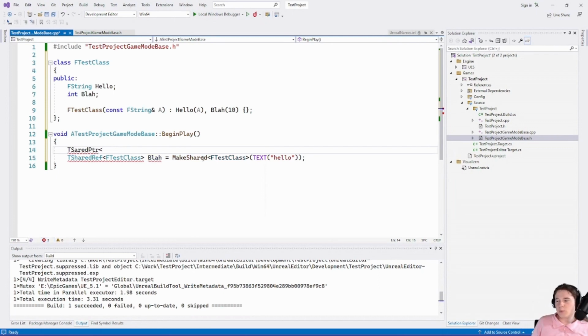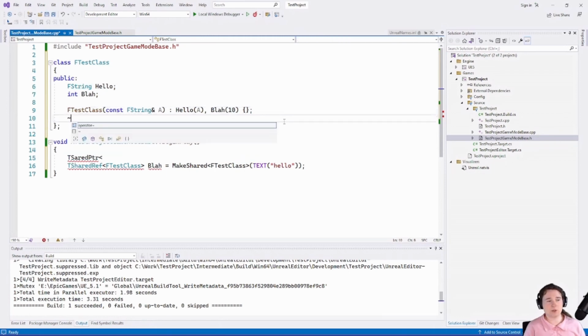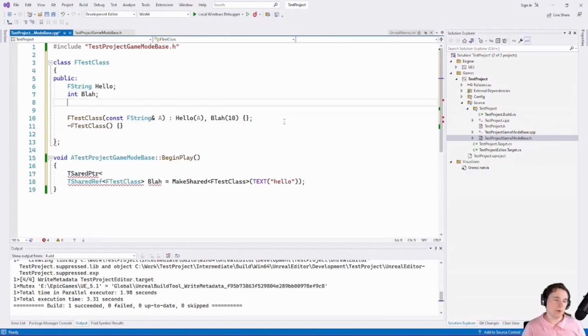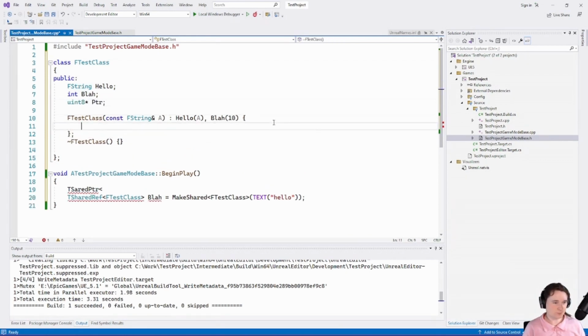So when using TSharedPointer, you're still responsible for creating the proper constructors and destructors. Like, I've created the constructor here. That's a good point. If this class was allocating memory, like if this had a pointer in it, right? And in my constructor, I was doing